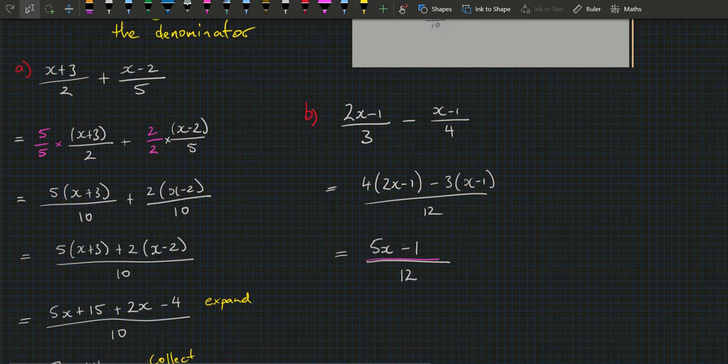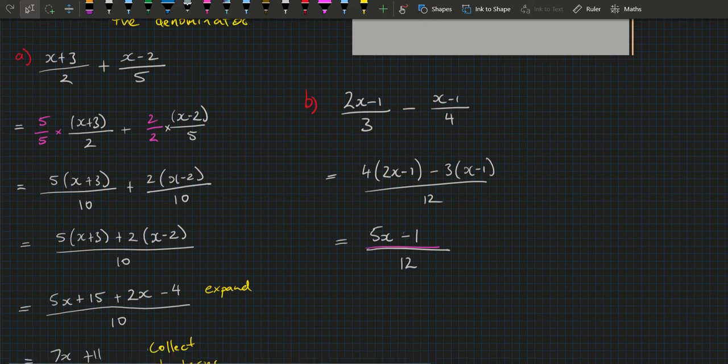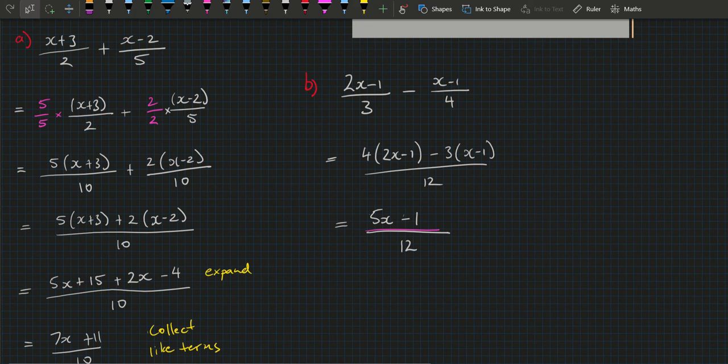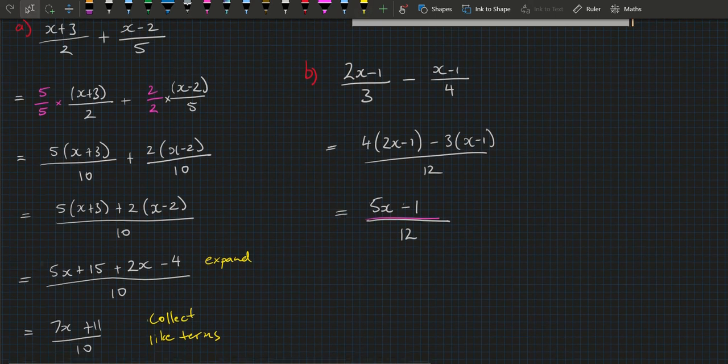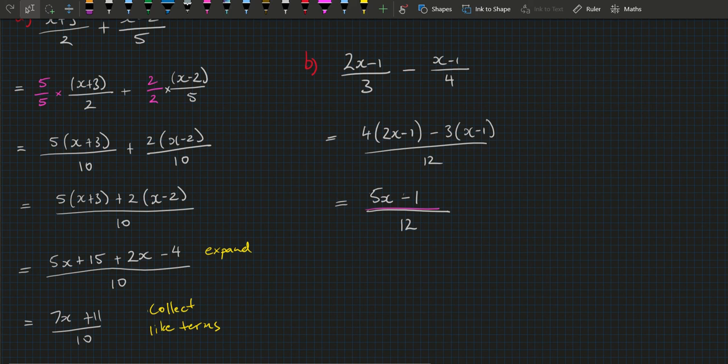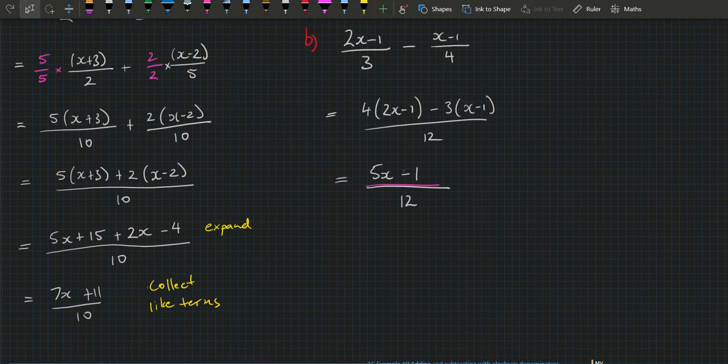So these are more complicated at the top, but in the end they're still the same. Because we've got an actual example here, not just the algebra I had earlier on, I am going to expand these brackets and collect like terms. I've made a point of letting you know that I'm going to do that there. Sometimes they can simplify down quite easily, but we're still left with just one term and a number here